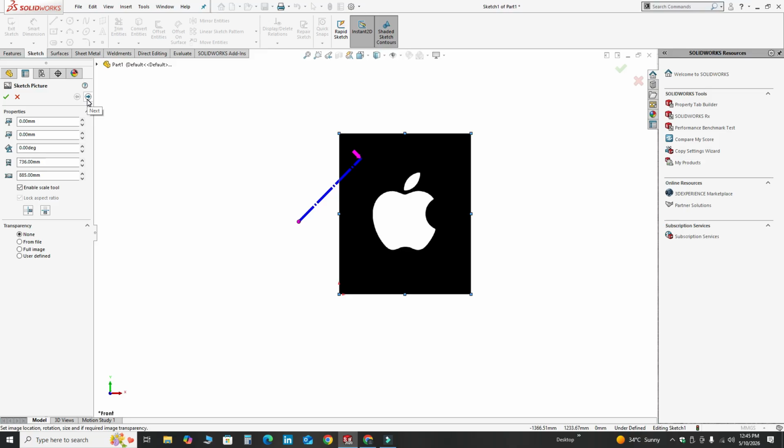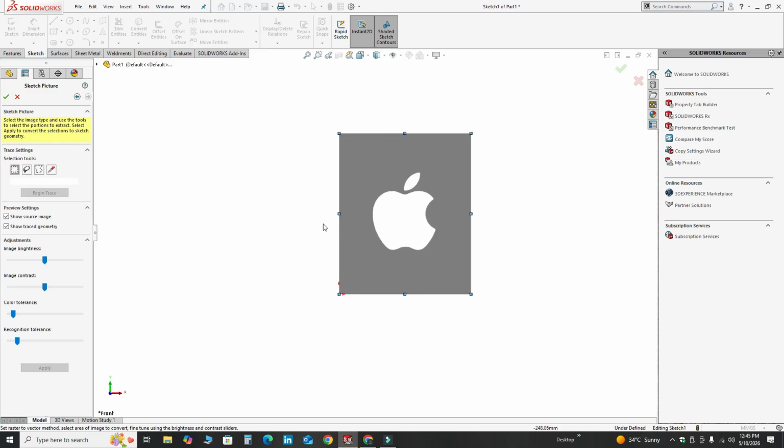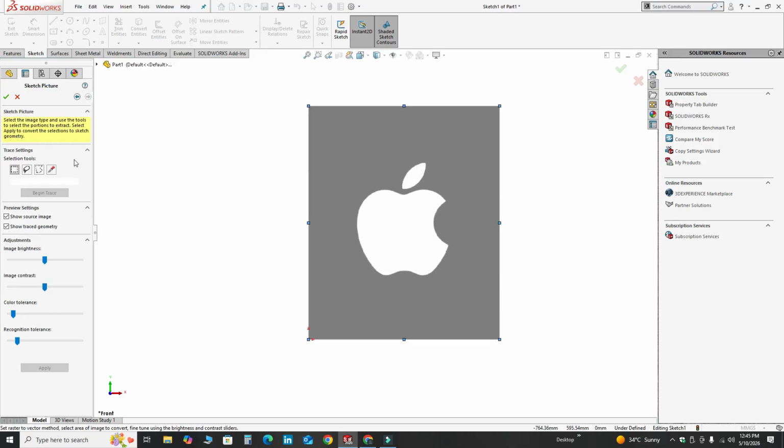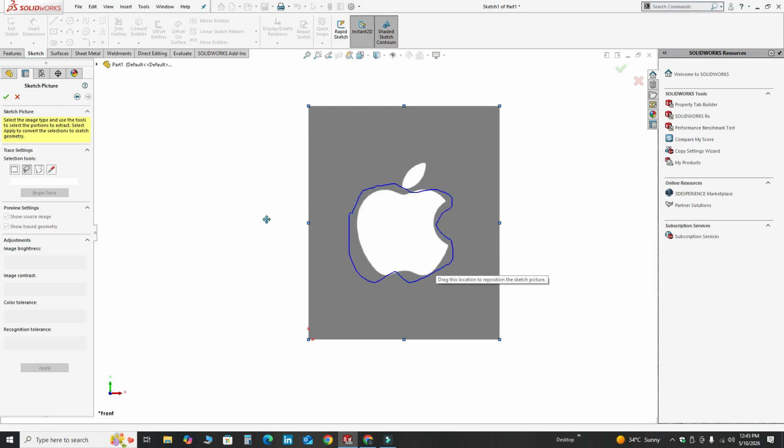So I will select next, and here you can see we have different options, like we can select a triangle, and we can select a freehand sketch like this, but that's not perfect.